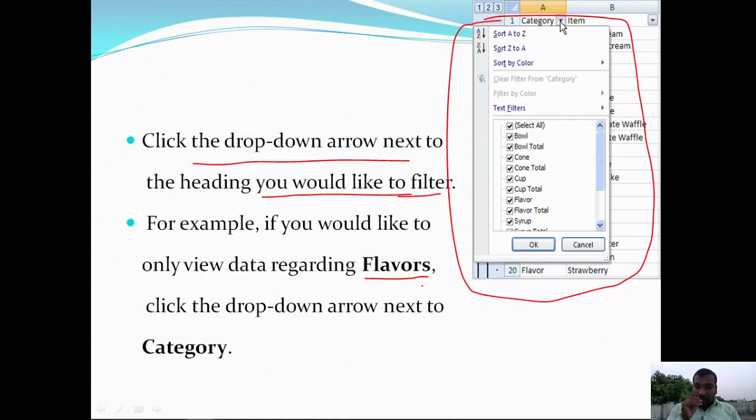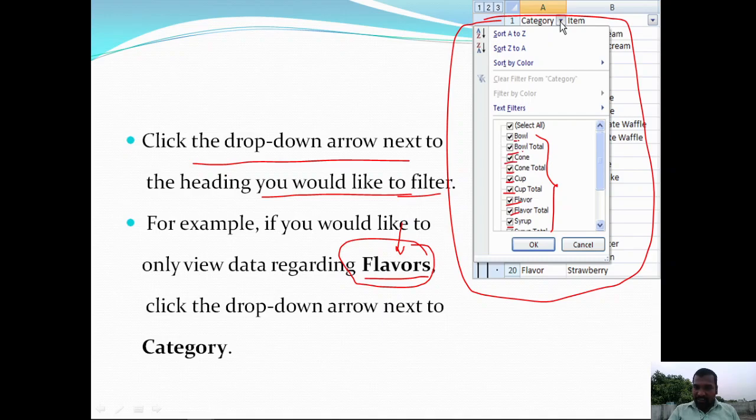On this particular heading, flavors, we have different values. All those values are displayed here, each preceded by a checkbox, and by default all these checkboxes are in selected mode.